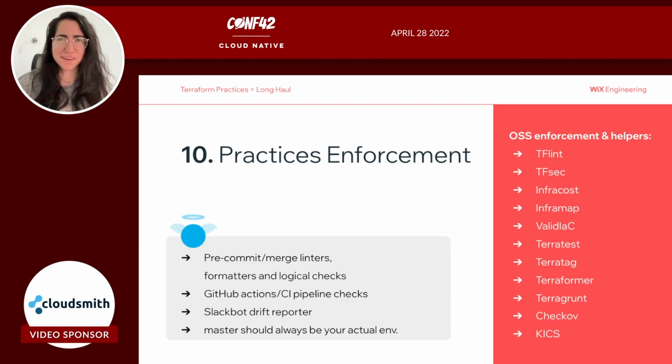Okay, so to sum things up in regards to practices enforcement, I tried to think about bad things to say about that. So maybe the bad thing will be, I don't know, it forces the developer to revisit the code and add more stuff. But it's not really a waste of time, because it is good to add this stuff. It's not just on a whim. These are important things that we need to add, and that's why it's good to add them. So I only have good things to say on practices enforcement.